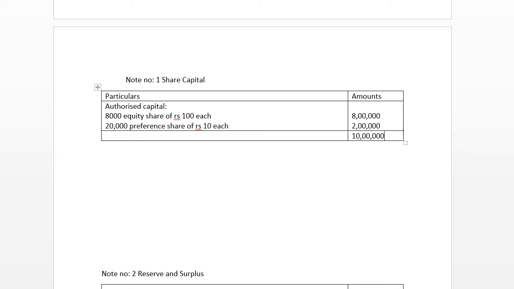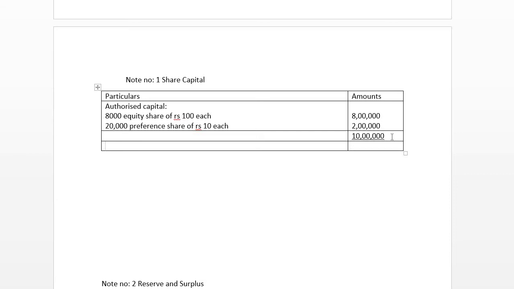Whatever we are going to make here, that could help us when it comes to the calculation part of it. Whatever the amount of this 10 lakh which is involved, we are going to write it in the underline, because this is not a part of the balance sheet. It is shown in the balance sheet, but it is not taken into consideration while calculating on the liability part of the balance sheet, right?